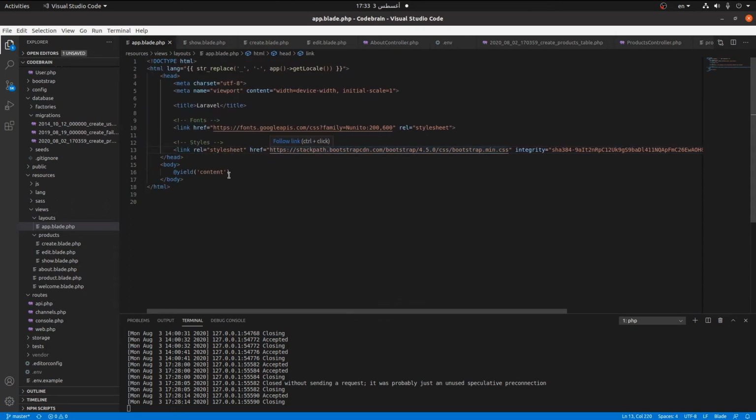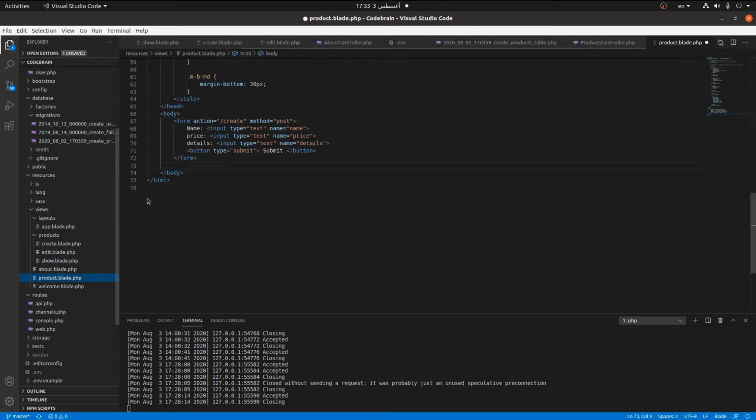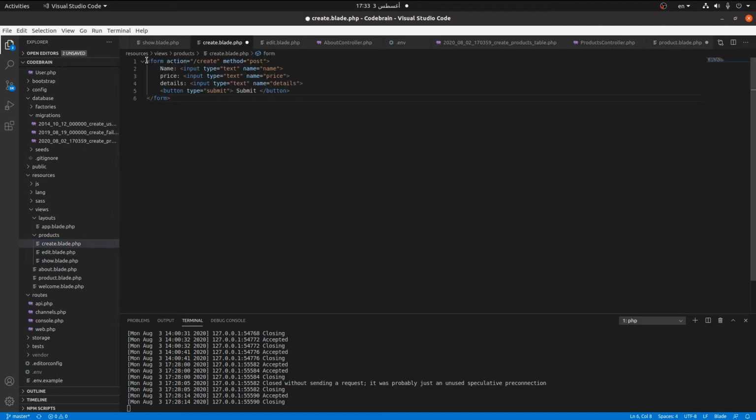Okay, so let's save this file, and let's save the form. I'll not style this now. I will style the form. So let's get the form code, form block from here. Let's cut it, and let's go to the create blade. Let's paste this, and we will extend